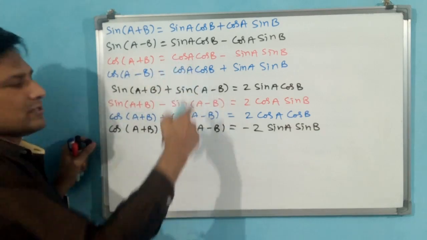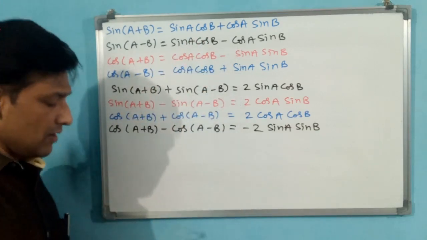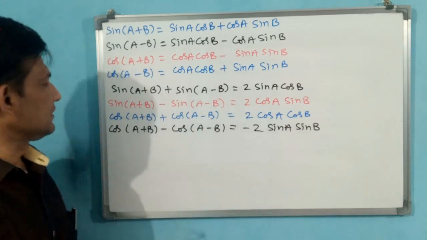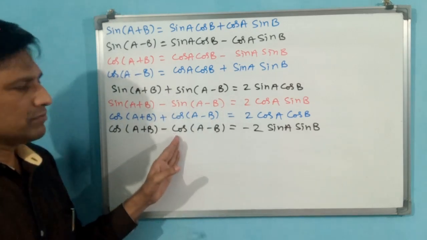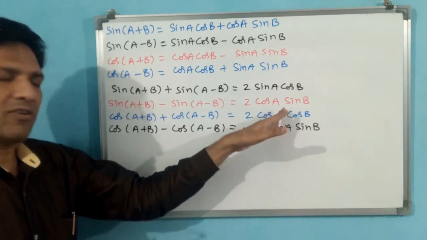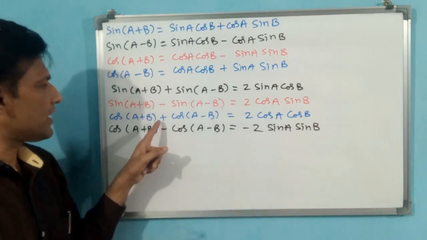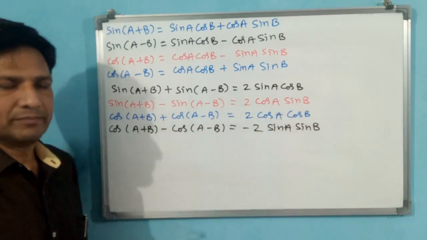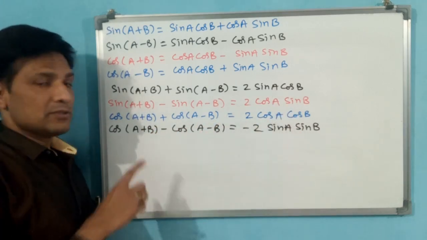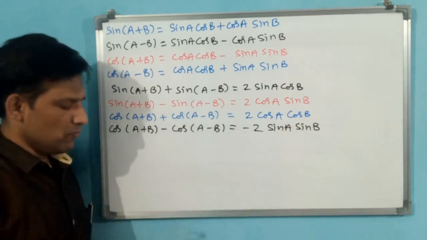Because while subtracting both are the same, these two are going to get cancelled. That is why. Now you stop and analyze. Cos of a plus b is equal to... See, for cos, either sin or cos will come. If we are subtracting cos, then sin will come. If we are adding cos, cos will come in both. And also for cos, if you subtract, a minus will also come. That you have to keep in your mind.